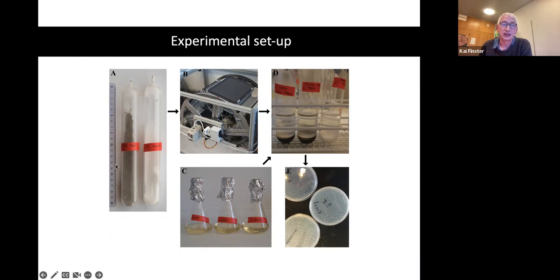We use these ampules that you can see here. They're about 20 centimeters long, and then we can fill them with different kinds of material. In this case, it was basalt, and here it is quartz. And then we exchange the atmosphere. We close them at the end. So we have an enclosed system with different kinds of minerals in a Martian atmosphere.